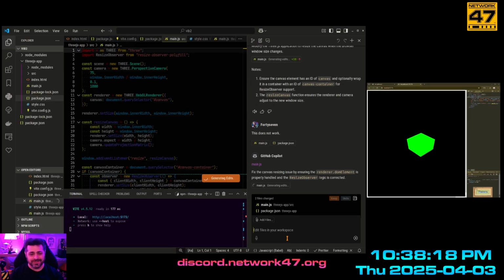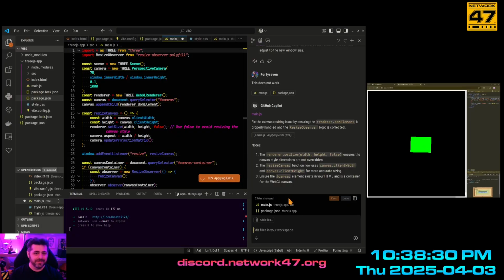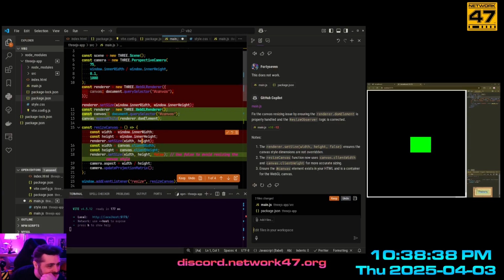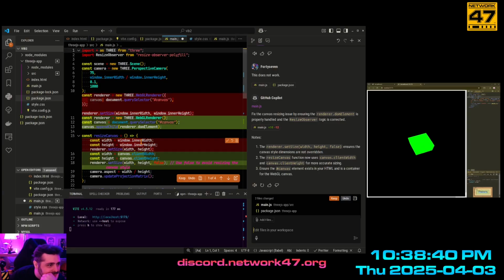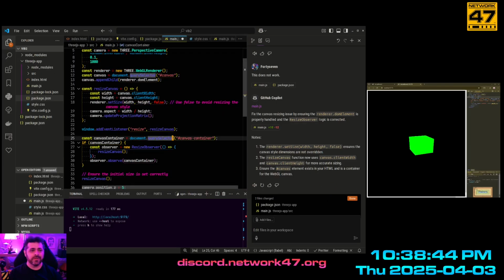Alright, so now it's going to try to fix it. I think I have an atomic solution if this doesn't work. I wish I could just verbalize it into the thing. This is pissing me off. Alright, so it's done a bunch of stuff. Is it hooking yet? No, it's not. Wait, alright, fuck it. What am I doing? I'm not supposed to read code, I'm supposed to just do it.